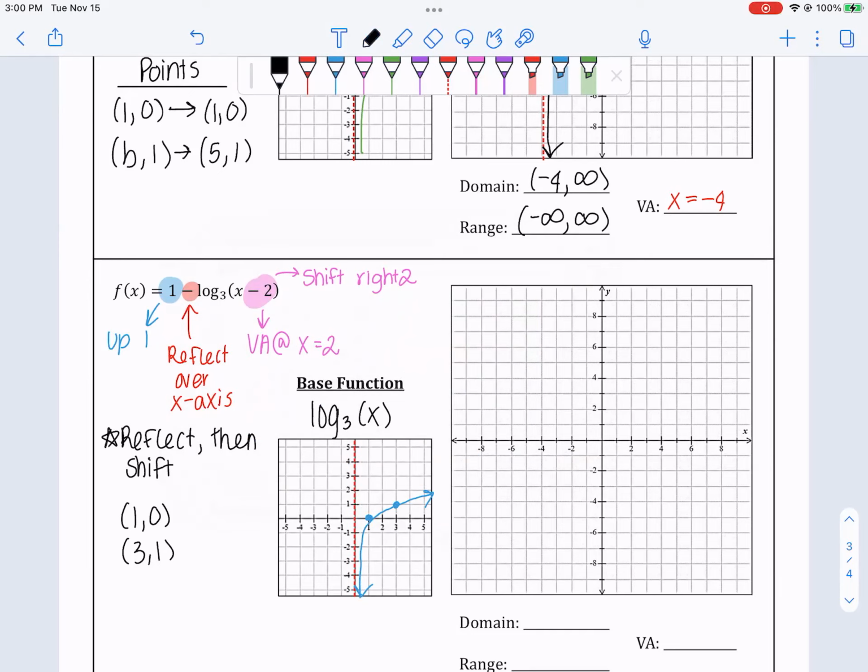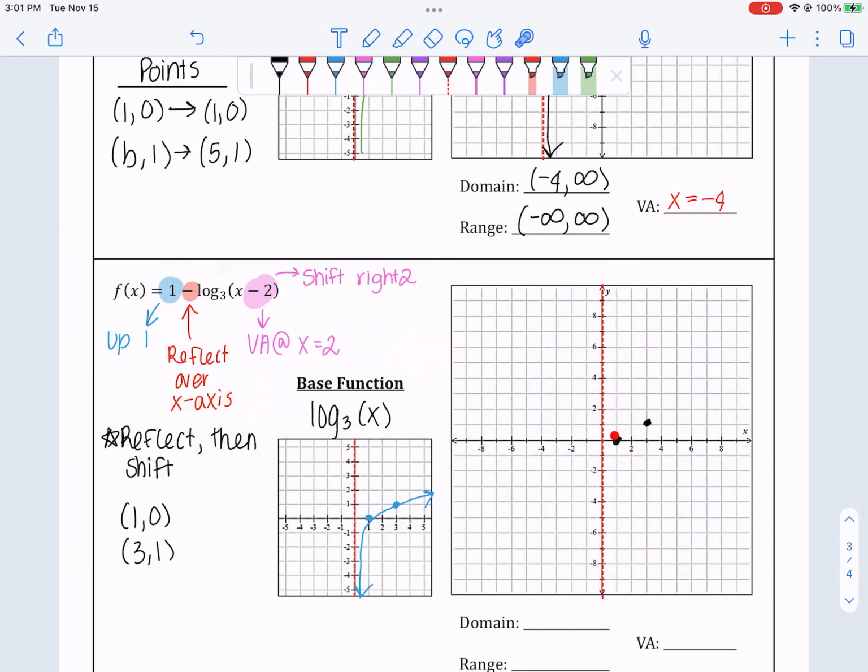So I'm going to plot those points. We have 1 comma 0. We have 3 comma 1. And we have this original asymptote here. All right. So first things first, I am looking at each of these points and I am reflecting them over